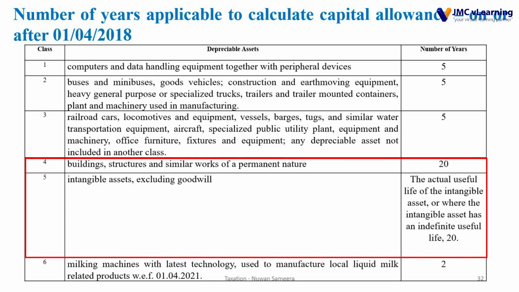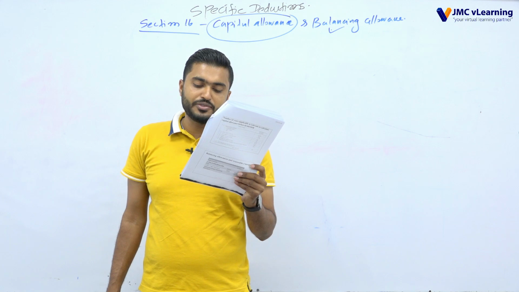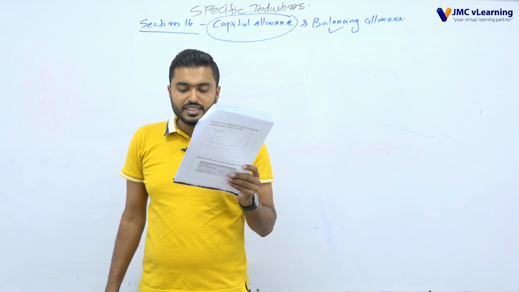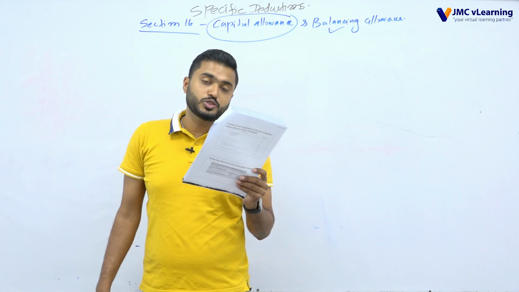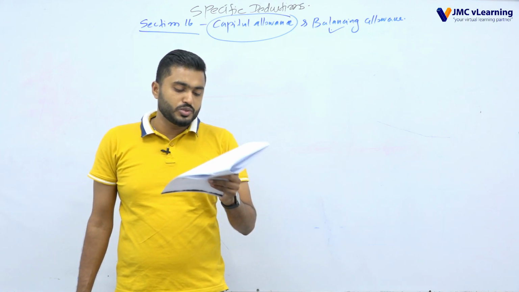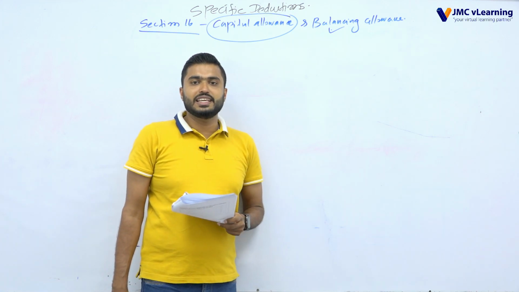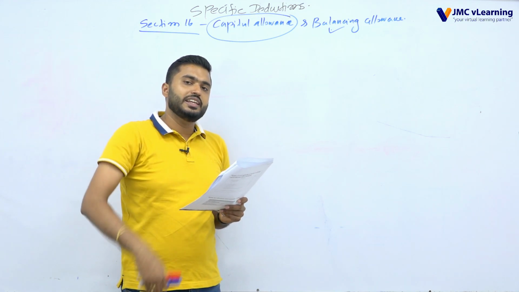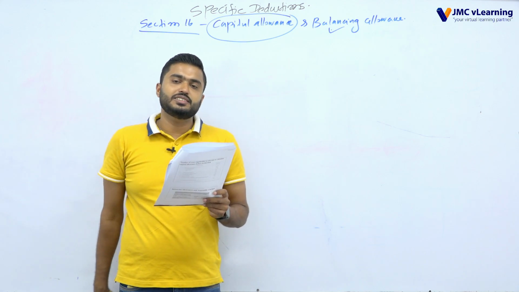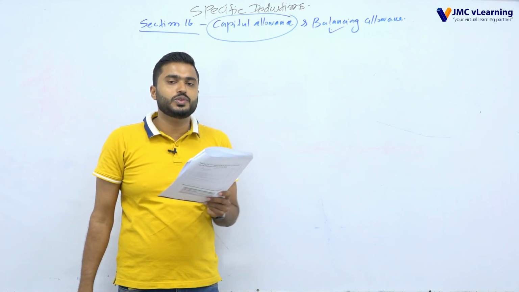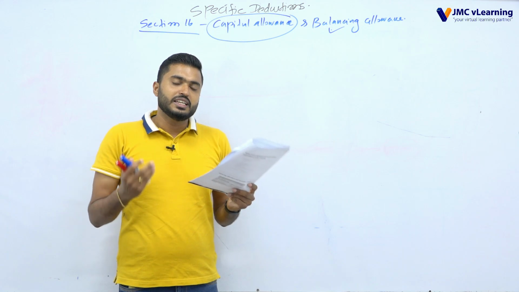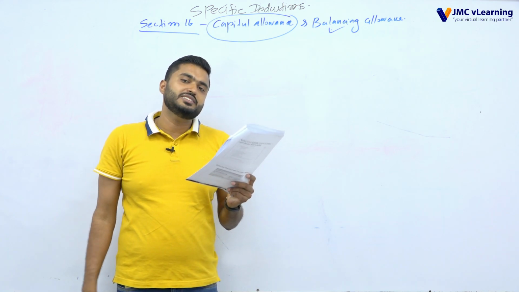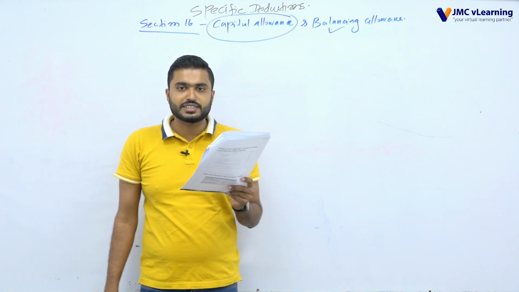So class 5, the intangible asset, excluding goodwill. The actual useful lifetime, if that is indefinite. When you come to intangible assets, LKAS 38, there are 2 types, definite intangible assets and indefinite. Definite means you know exactly what the useful lifetime is, but for indefinite you don't know. If it is indefinite, you have to assume 20 years for taxation,